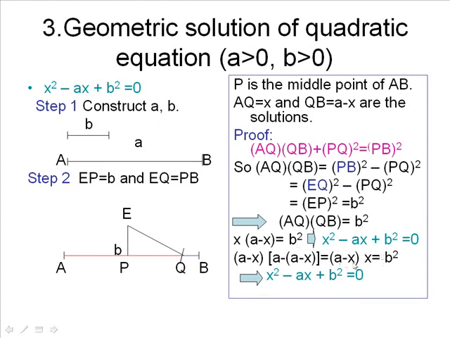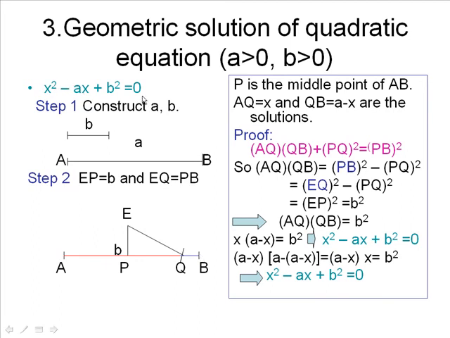And notice this is exactly the same as x times a minus x. So that means a minus x is also a solution of this quadratic equation. So this one can also be simplified to the quadratic equation given. So we proved this line segment, the red one AQ, and this little one QB, are both solutions of this quadratic